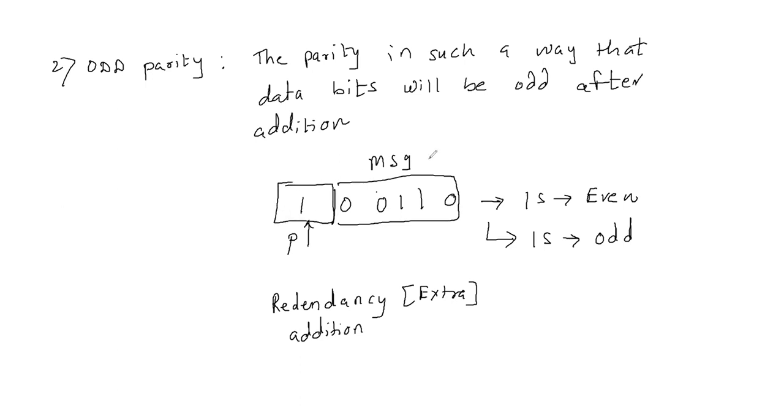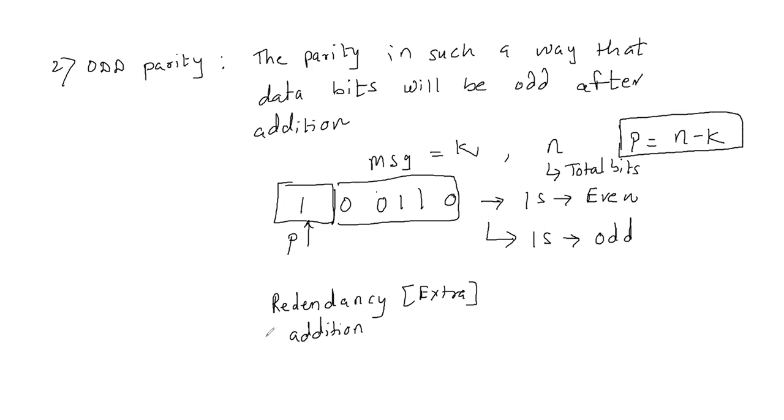Usually message bits are shown with k number of bits, and the total number of bits is considered as n. So parity bits p will always be equal to n minus k, where n stands for total bits. Very important formula as far as data transfer or error detection in block codes is concerned. So redundancy is introduced by addition of parity bits, but this check will not be effective unless the probability of error in a bit is very low. Thus, the likelihood of more than a single bit error in the word can be ignored.